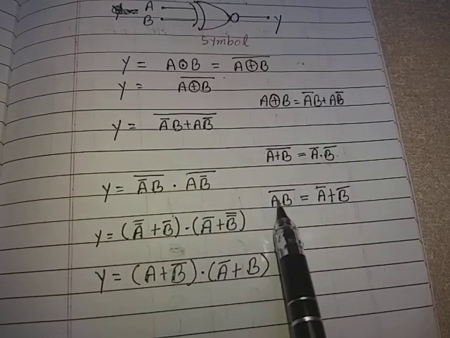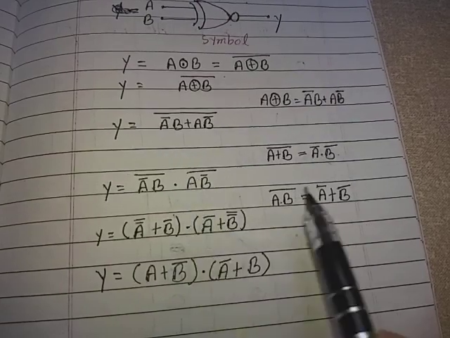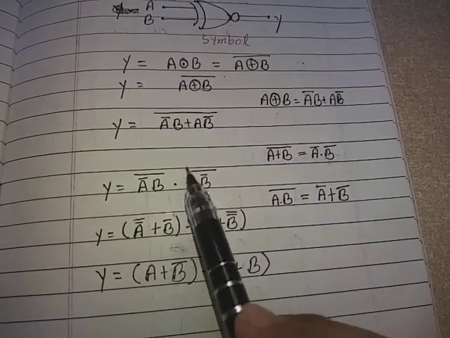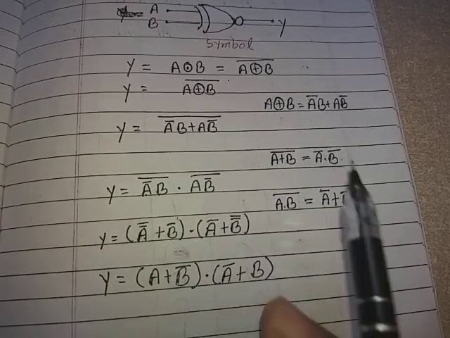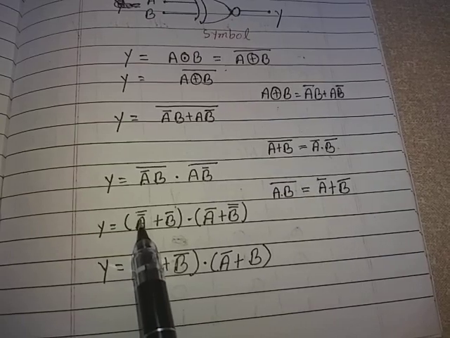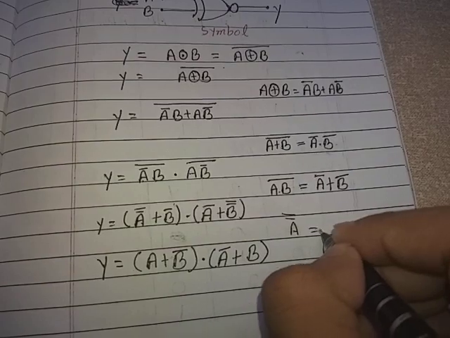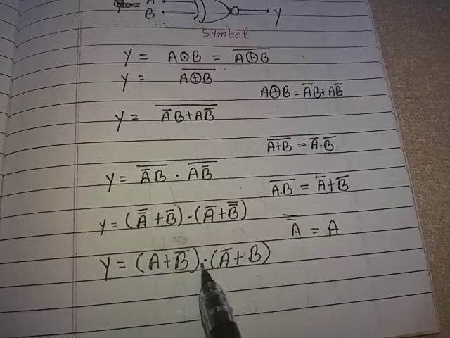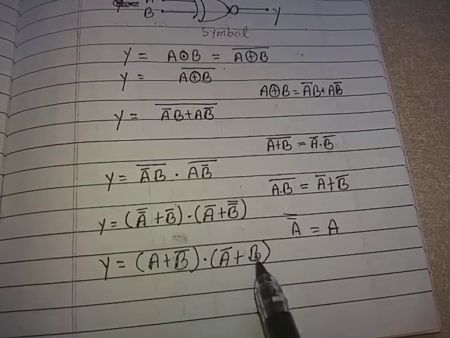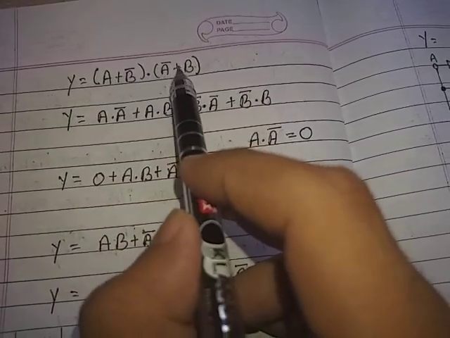Dot. For this portion, A is equal to A and B is equal to B bar. So on opening this by this formula, we will get A bar plus B bar, bar, that is B double bar. So we will get Y is equal to, as we know that A double bar is equal to A, so we will have A plus B bar dot A bar plus B. Here Y is equal to A plus B bar dot A bar plus B.